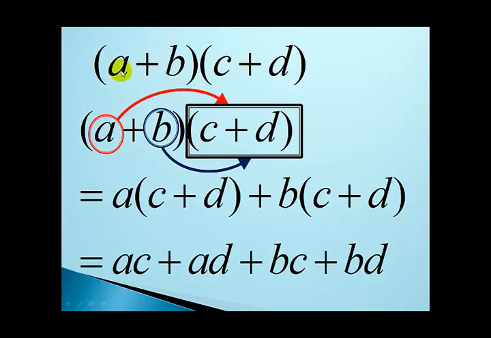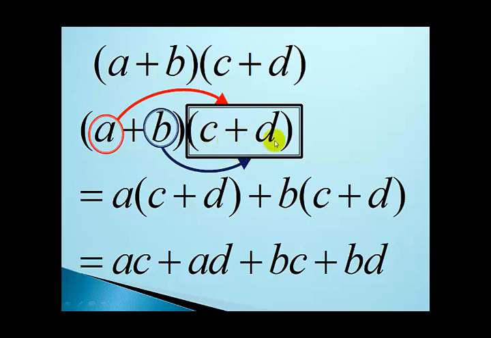in the first bracket multiplies the whole of the second bracket as indicated by the red arrow. That's the first term a multiplies all the terms in the second bracket, that is c plus d. Also, the second term in the first bracket, b, also multiplies everything in the second bracket. So a will multiply c plus d and b will also multiply c plus d. I repeat, the first term a will multiply all the terms in the second bracket, that is c plus d. And the second term in the first bracket also multiplies all the terms in the second bracket, that is c